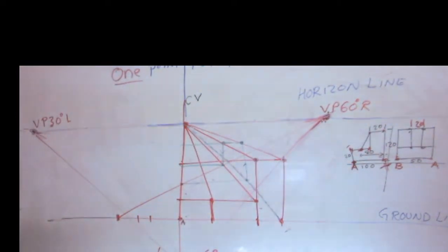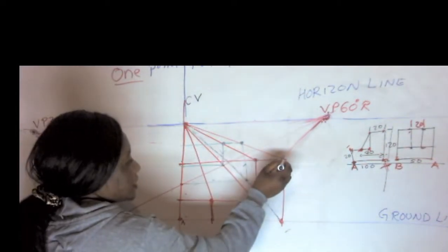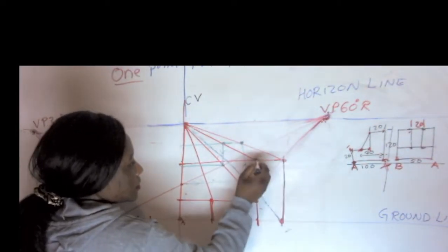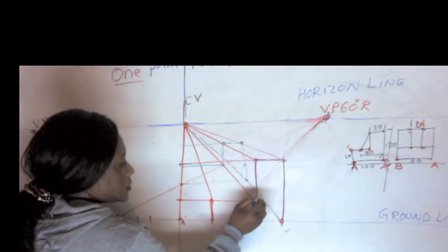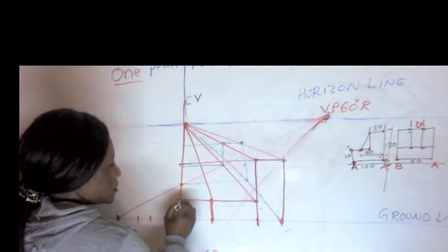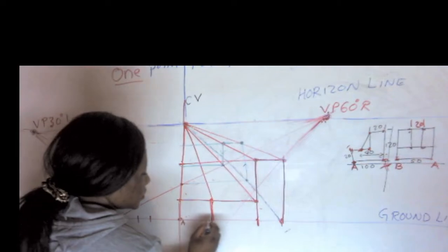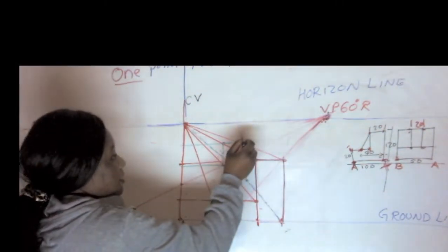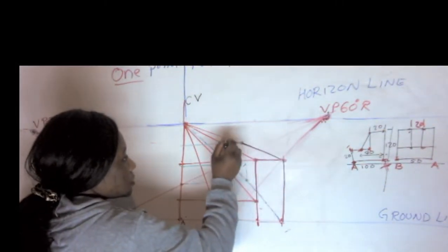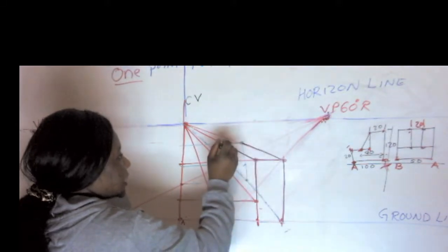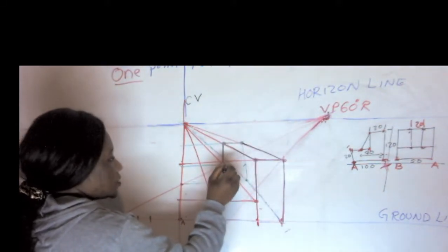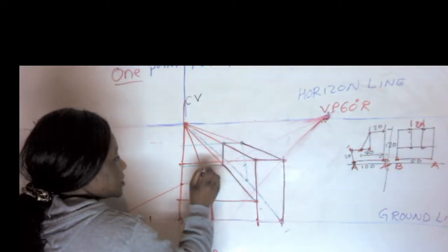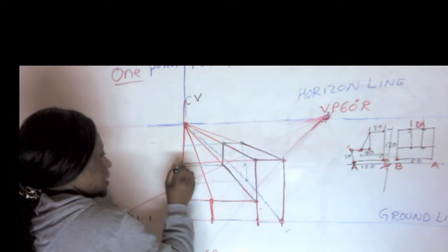Where's my ink? We need now to outline this face here. It is solid. Also the bottom is solid. Okay? Once that line is outlined, you also outline the top. And this one must be solid. And this one must be solid. And this one must be solid. And this one from here